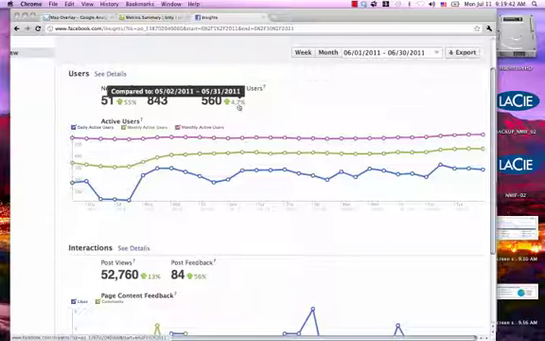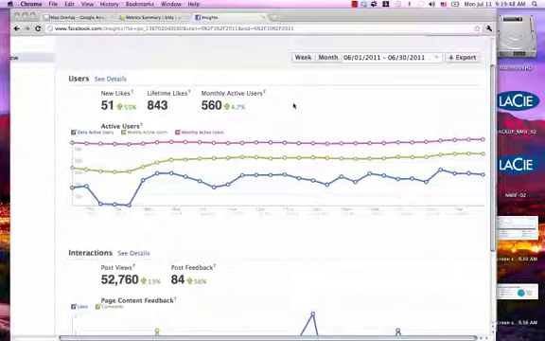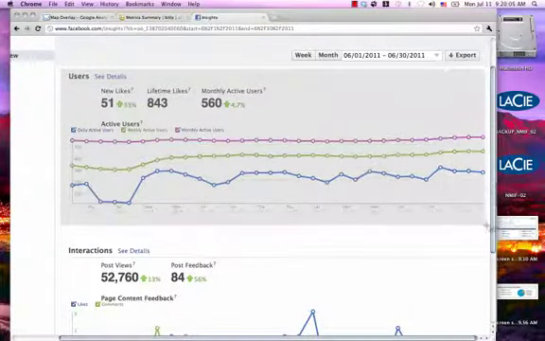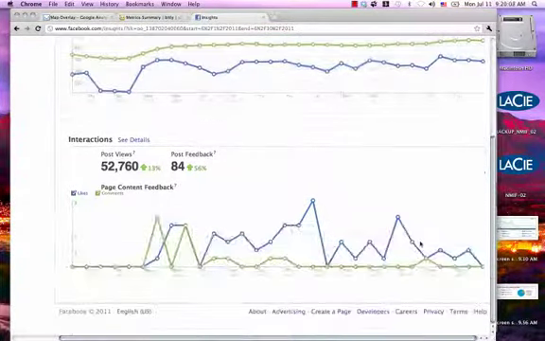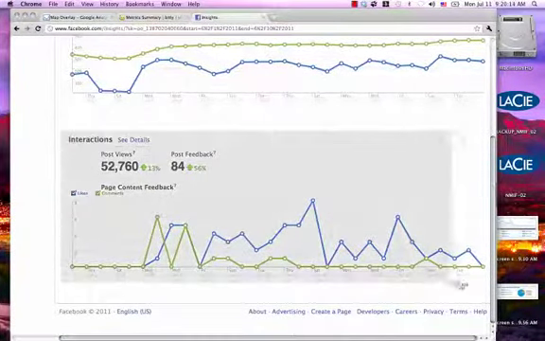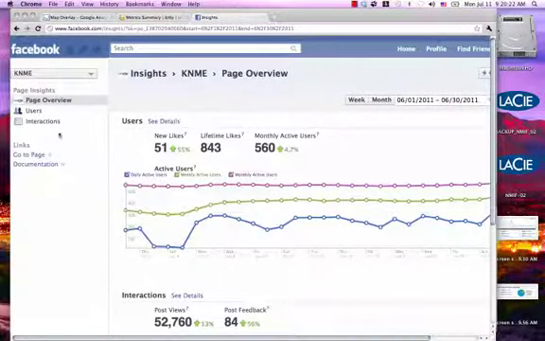I really like these green percentages, or in some cases red, although you don't see them here, that tell you whether the numbers are going up or down. I think when we present the information, that's mostly what people look at, is just the monthly, are we doing better or worse than we did last month. So let's go ahead and take the screenshot. We want the users, and all the way to the end here, and then scroll down, and then we want the interactions. Okay, great. And then we need to scroll back over here and